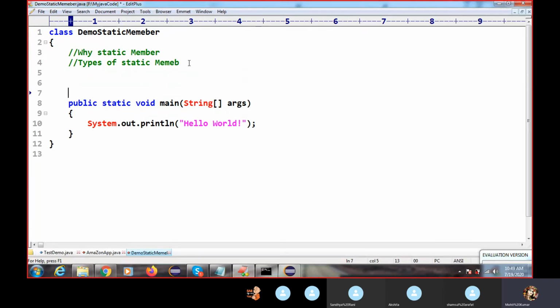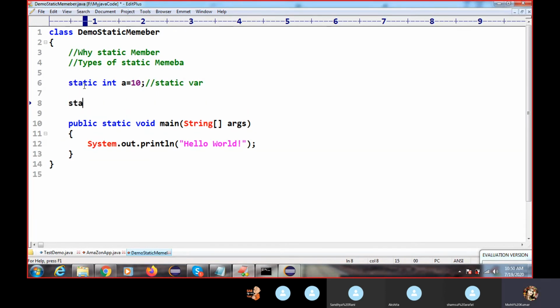So we have a static int a. This is your static variable. Okay, this is your static block.